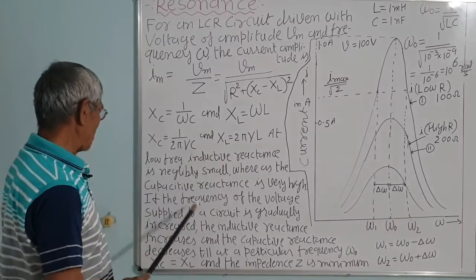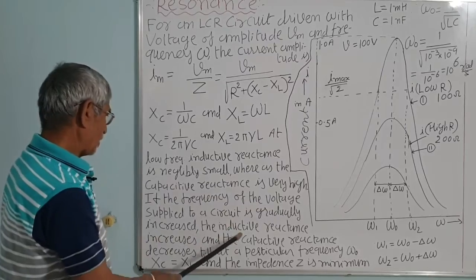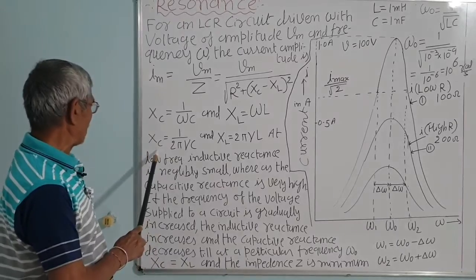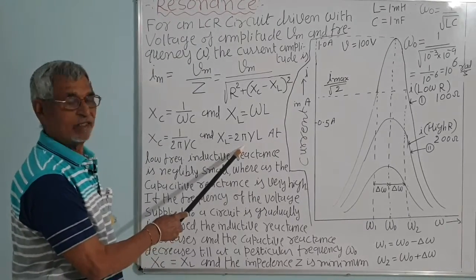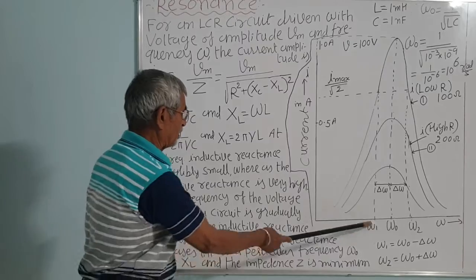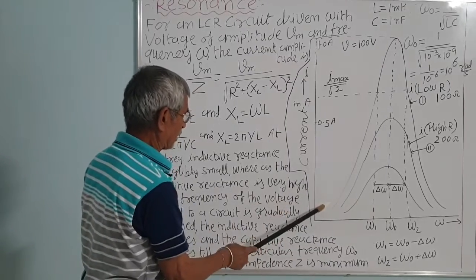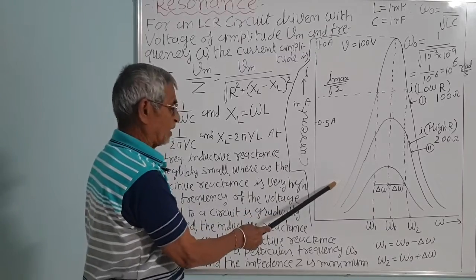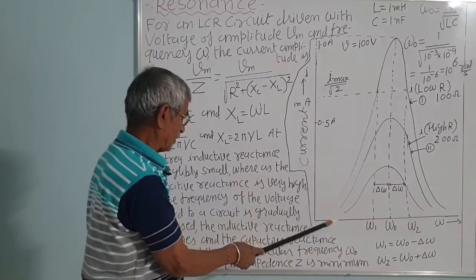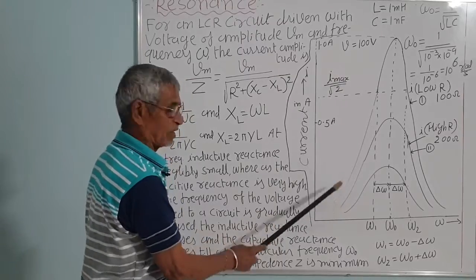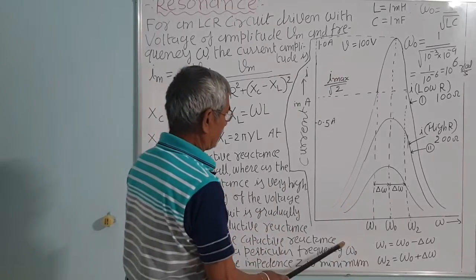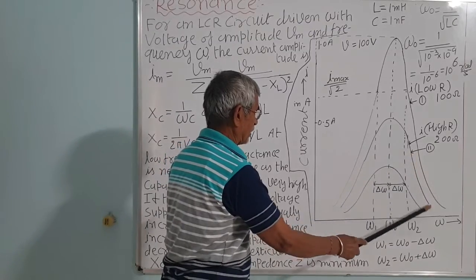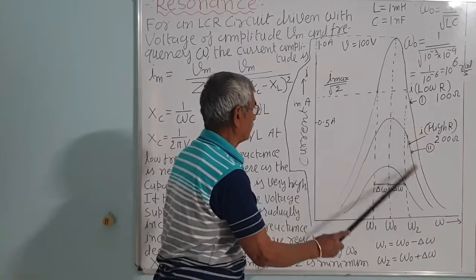So, if frequency is increased gradually, what will happen to the inductive reactance? Frequency is increased, capacitive reactance will decrease, inductive reactance will increase. So, with the increase of the frequency, at a low frequency this is a capacitive circuit, in which Xc is more than XL, because capacitive reactance Xc is more at low frequency. This is a low frequency curve for the current, and at a high frequency capacitive reactance is very low and inductive reactance dominates. So, it is an inductive circuit, this portion. This portion is inductive, this is reactive.